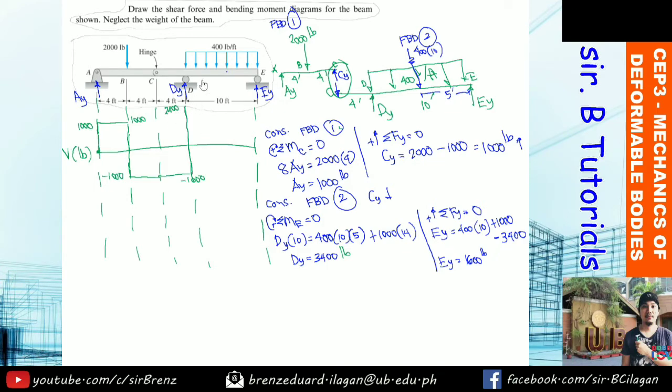Okay, and last, from point D to E, you have a uniform load na 400 times 10. So, just take the area of this rectangle. So, 400 yung height, the base is 10 feet. So, 400 times 10, or that will be 2,400 minus 400 times 10, which is equals to 1,600. Okay. Ayan, okay na yan. So, this will be equals to negative